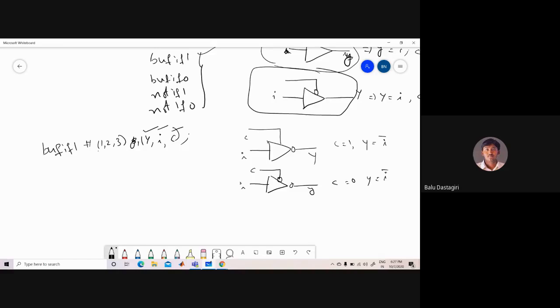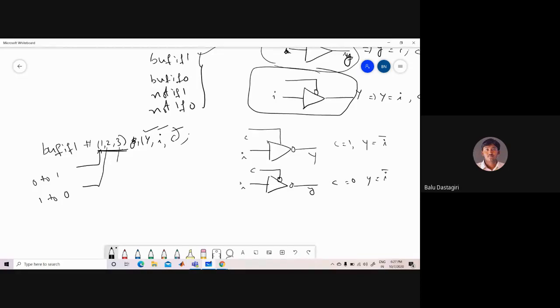Here we have given 3 values, 3 time units. The first one is the delay associated when the output goes from 0 to 1. Whenever the output Y goes from 0 to 1, the delay associated is 1 time unit. The next one is when the output Y goes from 1 to 0, and the delay associated with the gate is 2 time units.